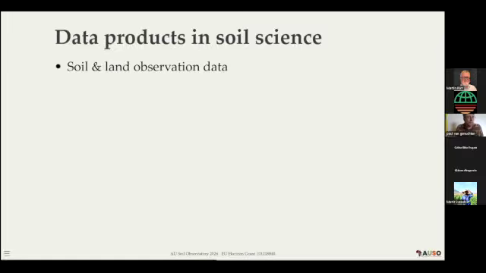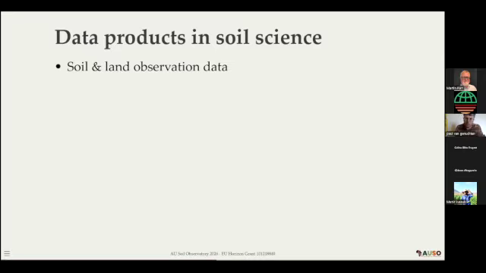So soil and land observation data is an important aspect of our work. This also includes lab experiments, controlled experiments in either testing farms or university laboratories, where the behavior of soil under controlled climatic conditions is analyzed.